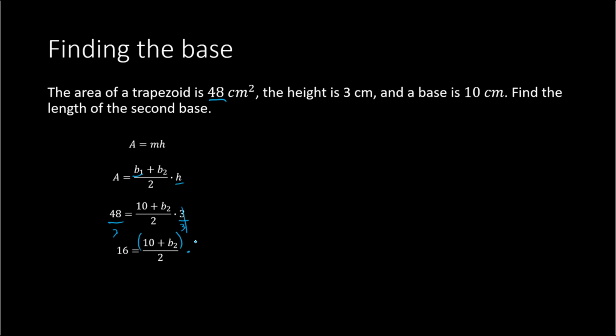So to get rid of that, we must multiply both sides by 2. When we do that, the 2's would cancel. And then on the left, 16 times 2 would give you 32. And then on the right, we are left with 10 plus base 2. And then we can solve for base 2 by subtracting 10 from both sides. We now have base 2 equals 32 minus 10, which would equal 22. So the answer is that the other base, the second base, would equal 22, and the units would be centimeters. So the base is 22 centimeters in